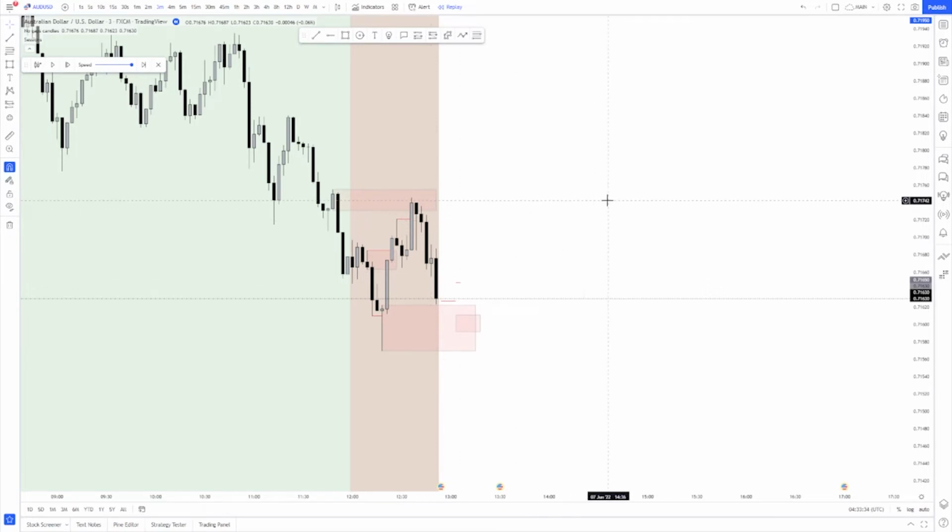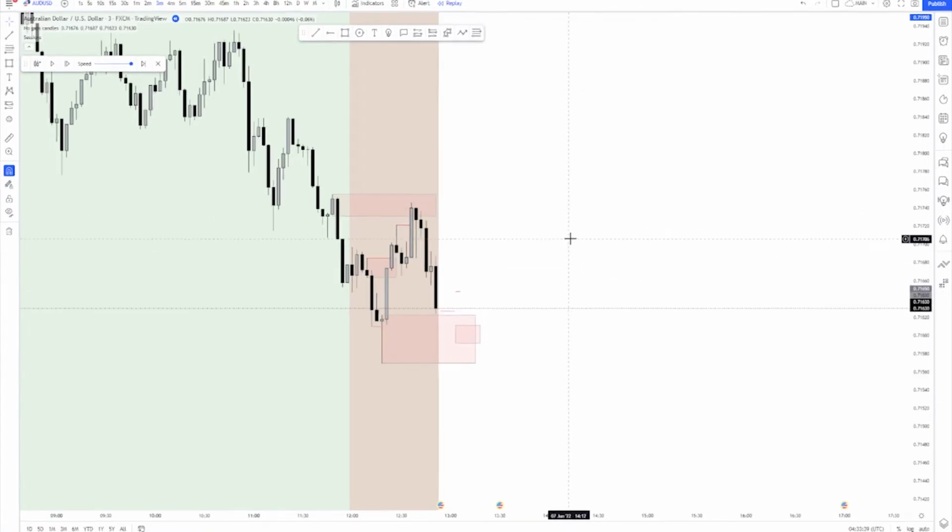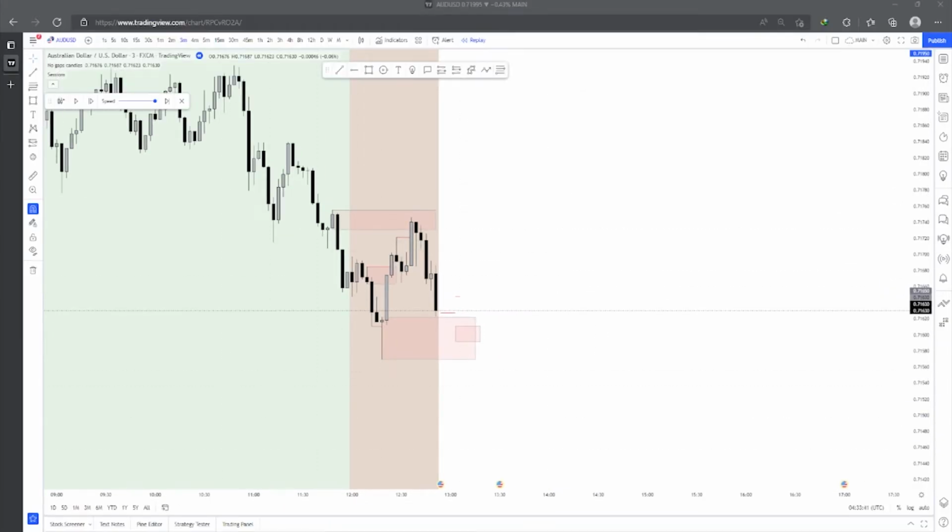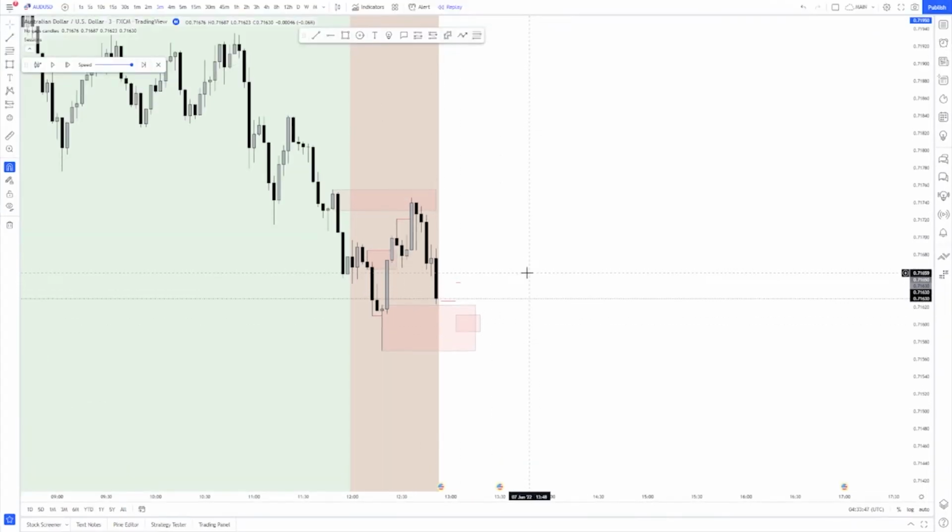We'll actually take our time one day to go over how I look at break of structure, the systematic approach to which I look for break of structures with the help of order blocks, because break of structure is what forms our trading ranges, and break of structure is what forms our directional bias. Since that is a crucial matter, we actually have to pay so much attention to what we would refer to as break of structures,